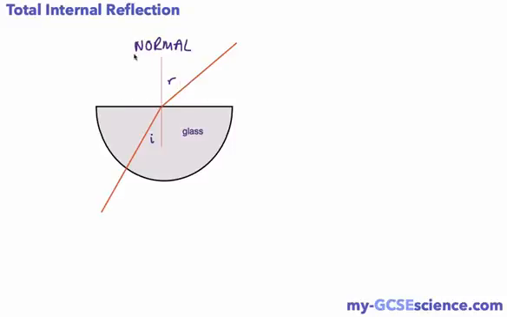We also have another line here called the normal line. This is an imaginary line, and I've drawn it as a dotted line here, but this is a line that's at 90 degrees to our glass air interface. So what we have is a light ray traveling into this glass prism, refracting slightly and coming out at the other end. But that's not the end of it, because what we also have is another ray of light,